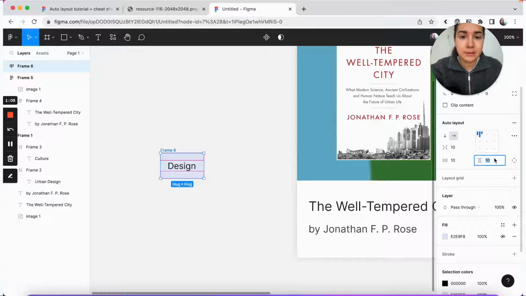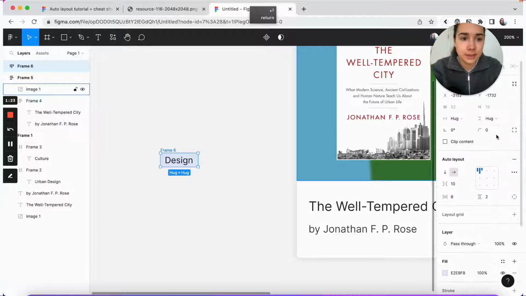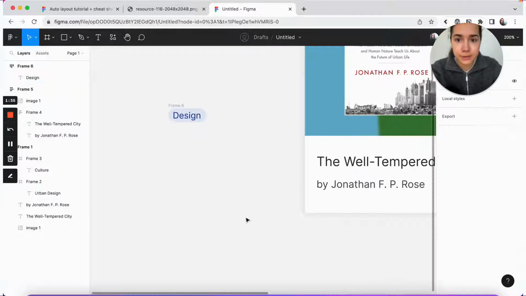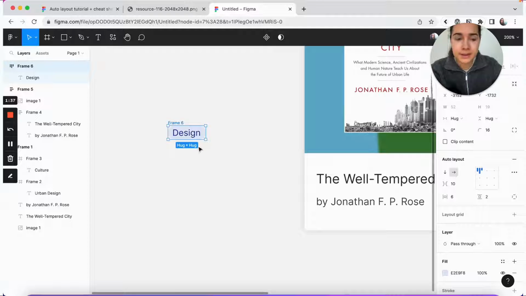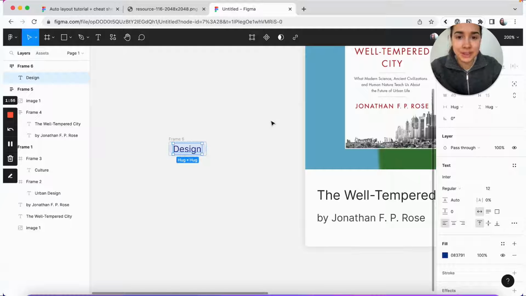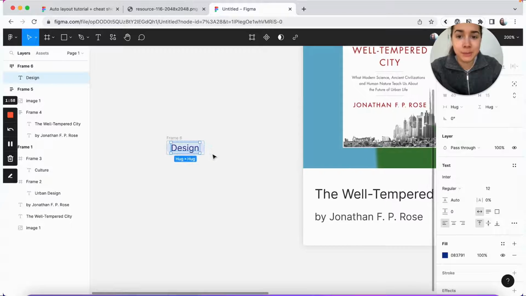And from here, I have total control of the padding. I can set it to 2 vertical padding, and then maybe I want 6 horizontal. We can do our border radius, and then we can change our text color to navy. And that's our tag. One thing that's great about this is that we don't need to do any tiny motions to try to get the padding right.